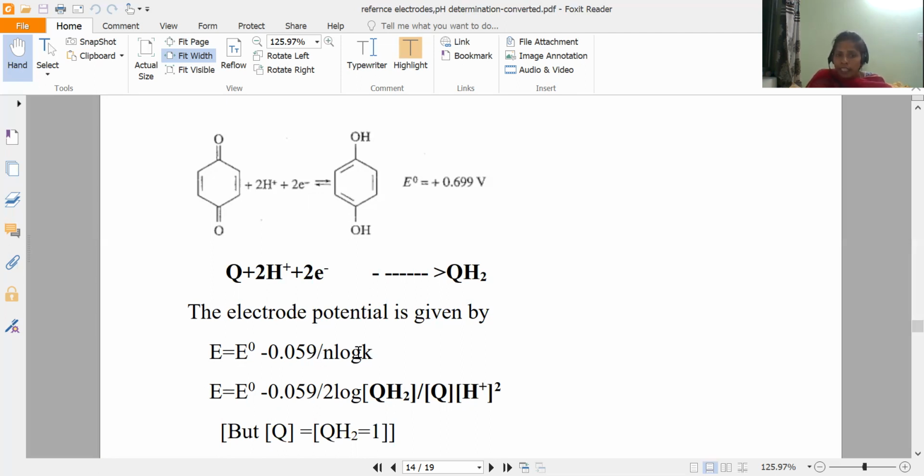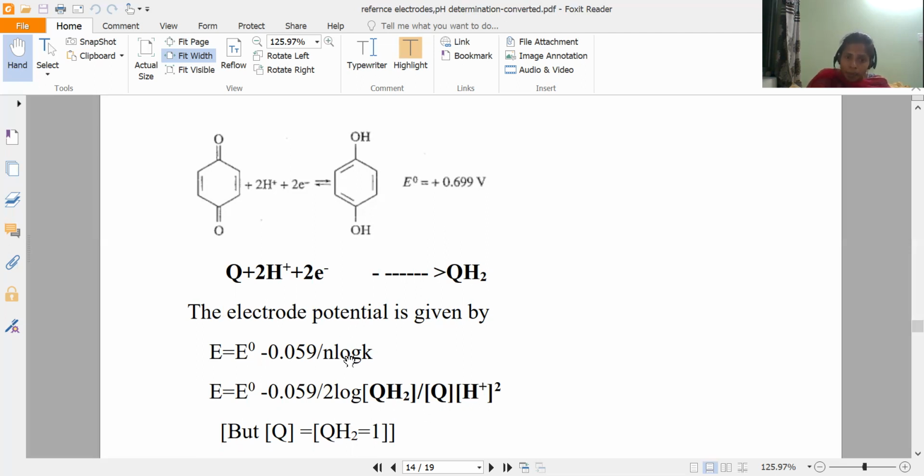We know what n is, what K is; that is always variable. n is always variable. n is the number of electrons. The number of electrons will be changing in the reactions. In every reaction, the number of electrons will not be the same. And what is K here? K is the ratio of the product concentration and the reactants concentration. Products concentration divided by reactants concentration is the equilibrium constant.